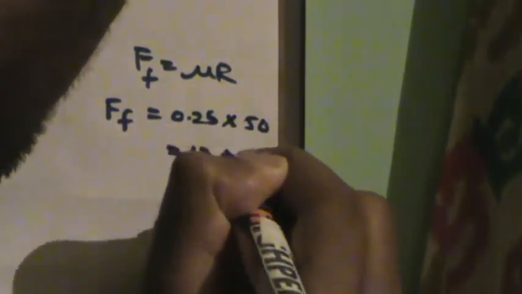Ra will be positive and 5g will be negative, so this is equal to 0. So Ra is equal to, if I take g equals 10, 5 times 10, 50 newtons. Right? Ra is equal to 50 newtons. So for A I will put F equals mu R. We are calculating Ff. Ff is equal to 0.25 times 50, which is equal to 12.5 newtons. Alright.